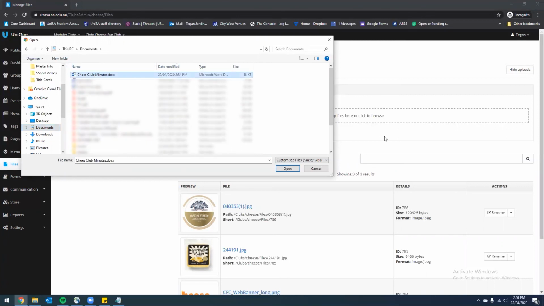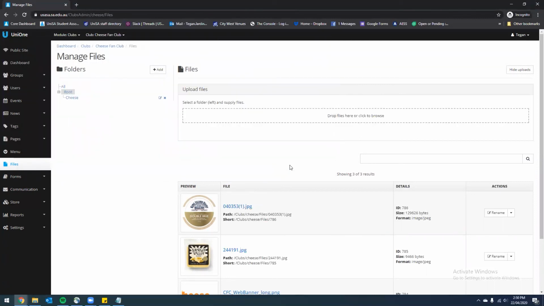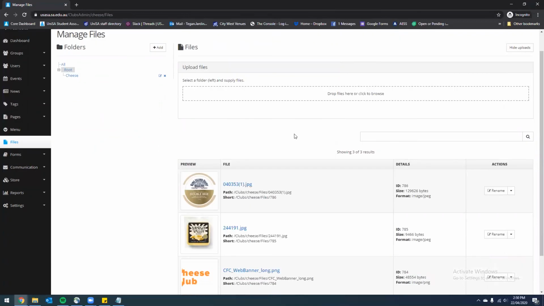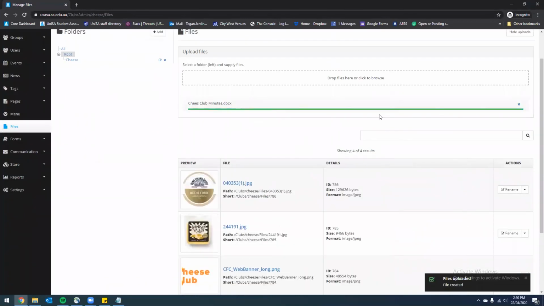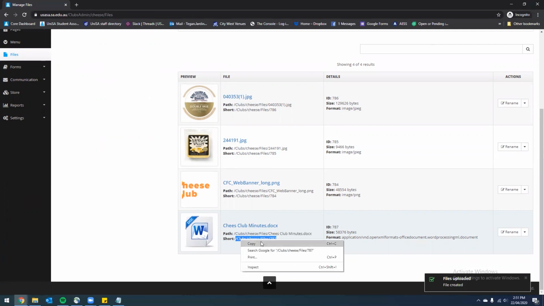So I'm going to select the file that I want and open that. And now that will download and enter our file list. So in this circumstance, we want to copy the short path or short link to the file that we want